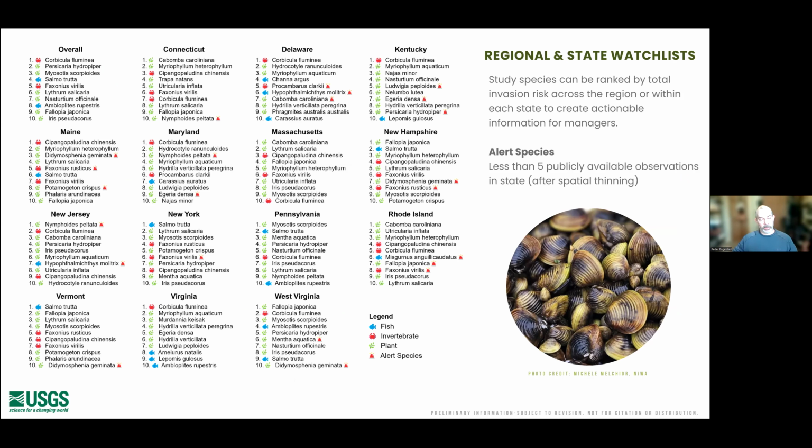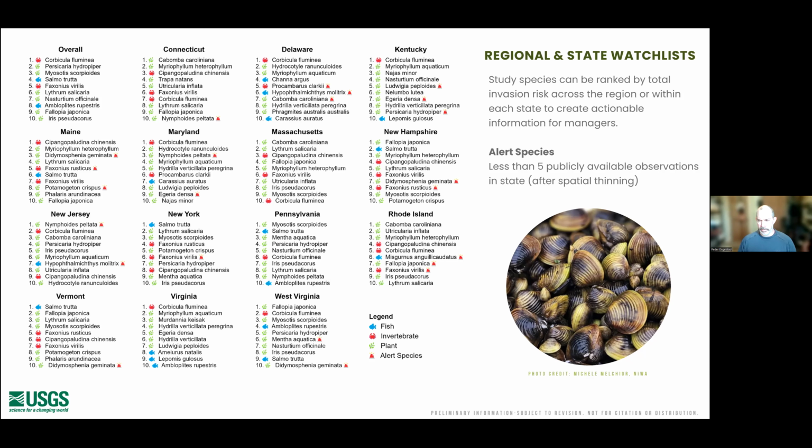Here we're looking at it either across the whole region or by state. You could do this by county, or PRISMs in New York, or other working group polygons, whatever watersheds